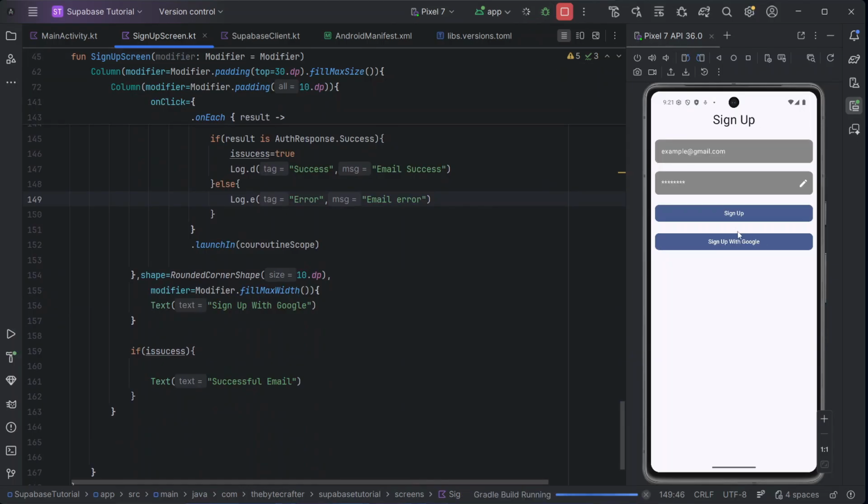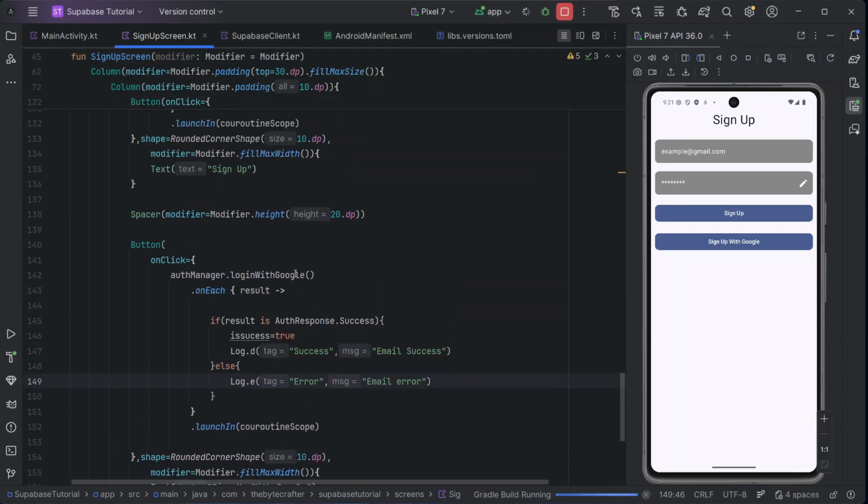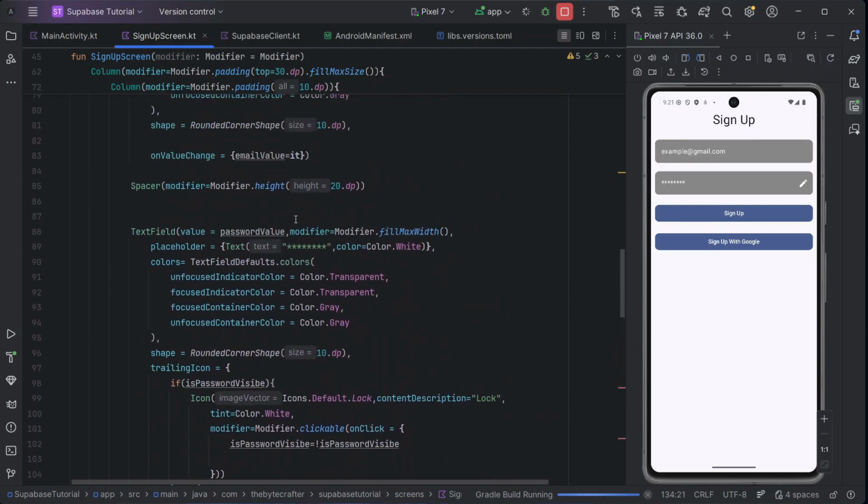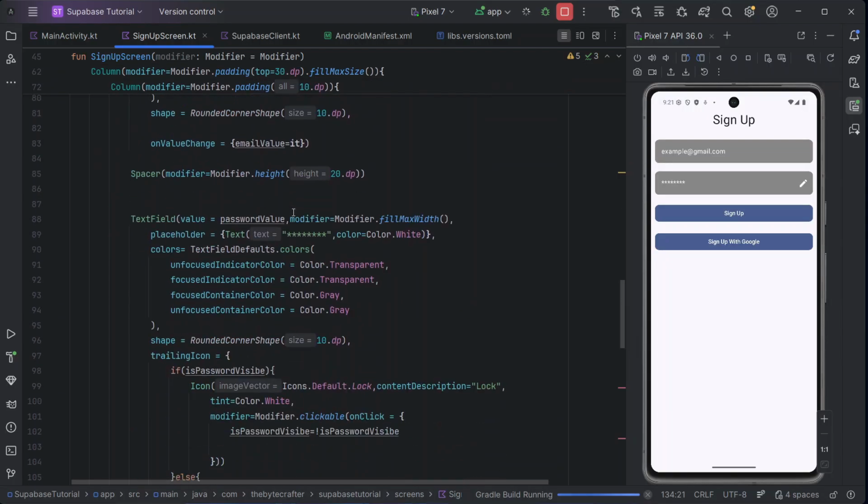If you've signed in using different Google accounts in this particular phone, it is going to allow you to log in with that particular Google account that you have there. So I'm going to move to the next thing, and that is sign in. But for sign in, you will just have the same logic, only that